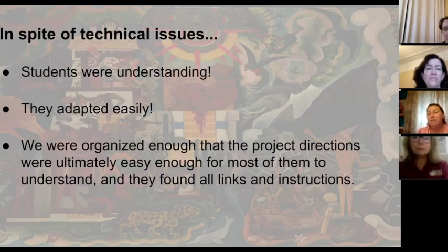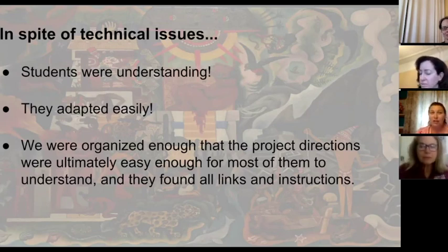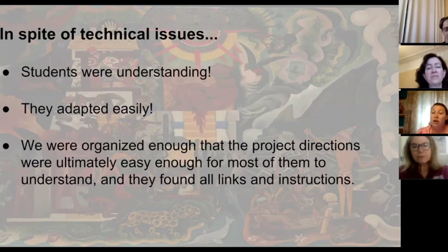And my final course evaluations, I was really nervous. Oh my gosh, they're going to say it was awful because of this project and that it was added in, and it was actually the opposite, which for me was really fulfilling. I had a few students that mentioned benefits of the project. One student said in her 2 years at the community college, it was the best project she ever completed.